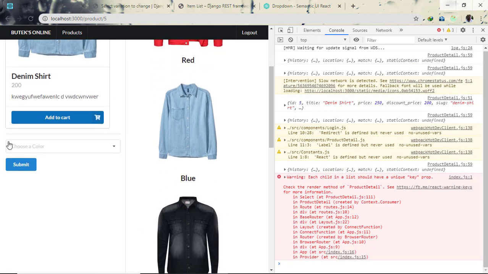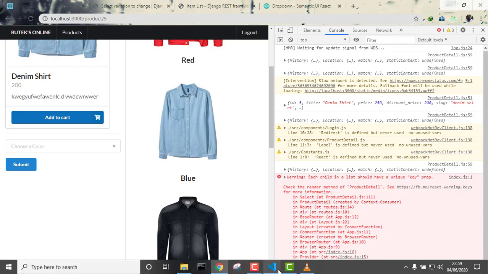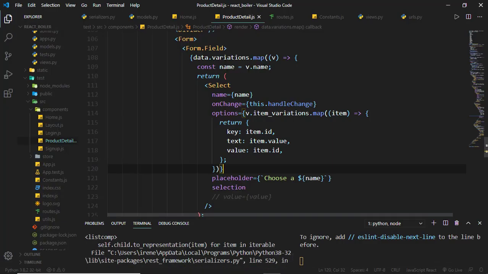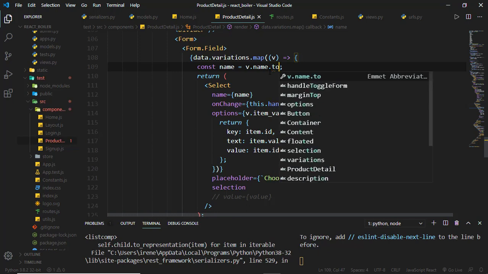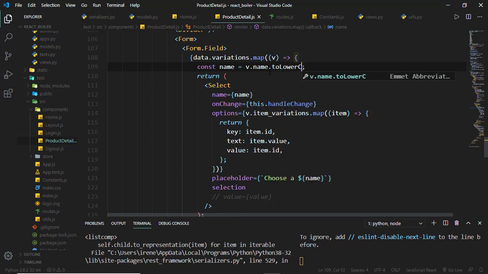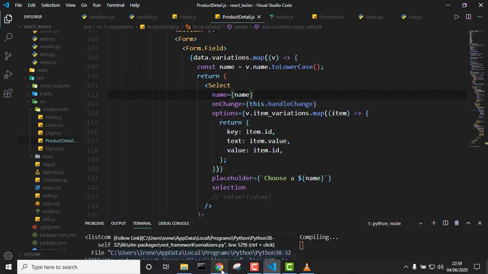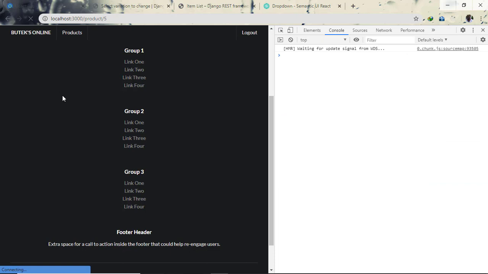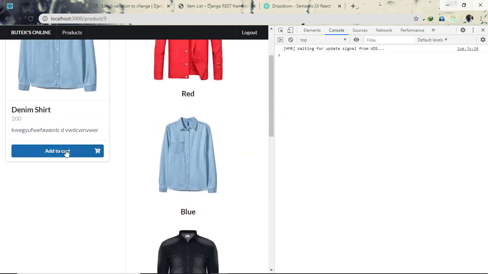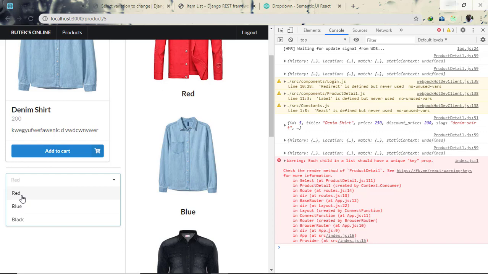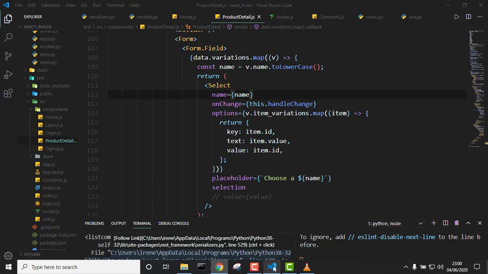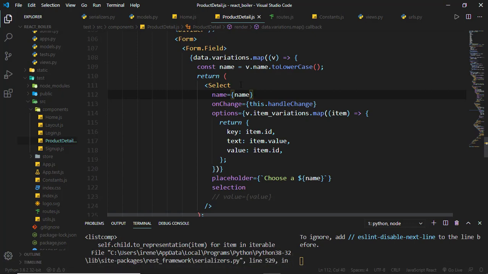we see add to cart, and now choose a color, and we can just say choose the name is v.name dot to lowercase, and say lowercase there. And if we come back and refresh and go up, so choose a color, and then you can choose red. We choose red. Now we get that value console out there, so the name and the value, and we're getting this warning from line 111. So the select,